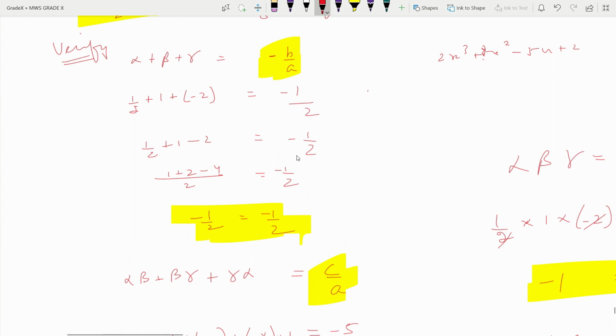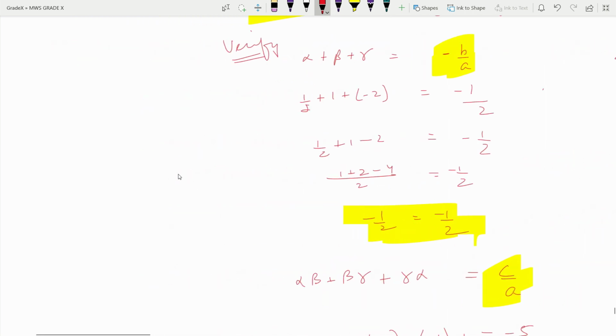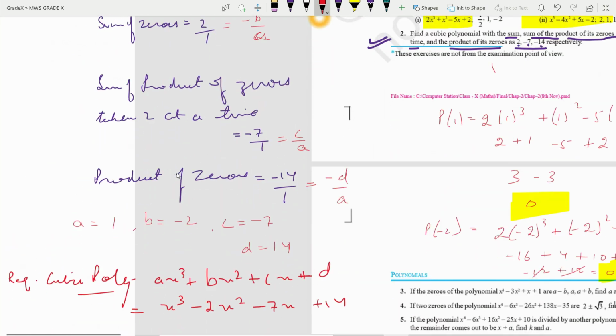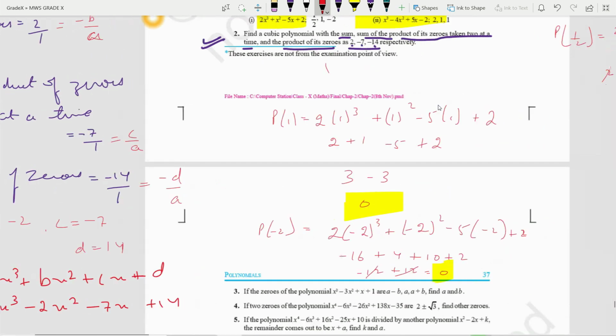Okay, in the previous, in quadratic polynomial, I have told you a bit different way, where the denominators were not same, and we made them same by multiplying by a common factor. So that's why we have done that way, because that way is used in other questions also, for example like this. Okay, so we have done this cubic